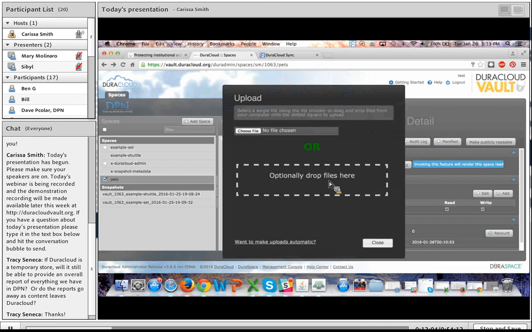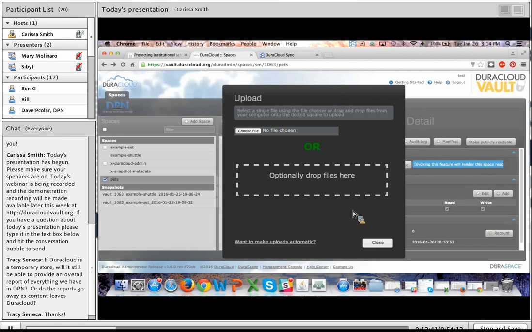Really great, again, if you're just familiarizing yourself with the interface and getting used to it. However, as you've probably figured out, dragging and dropping or individually selecting files is not really going to work if you have a terabyte or 2 terabytes of content dispersed amongst tens to hundreds of thousands of files. So again, this upload through the web interface is great for testing and for my purposes of demoing,